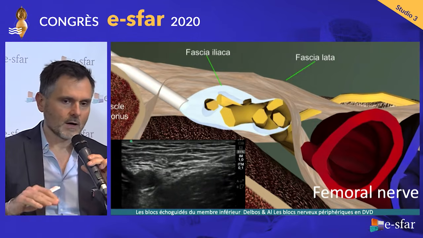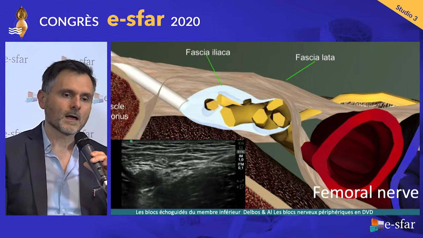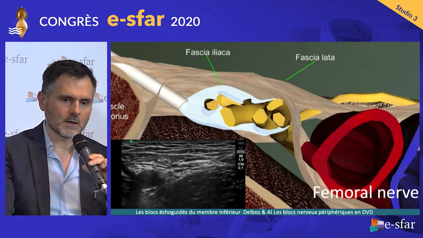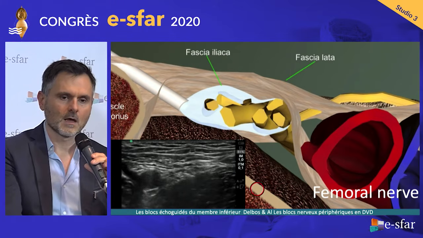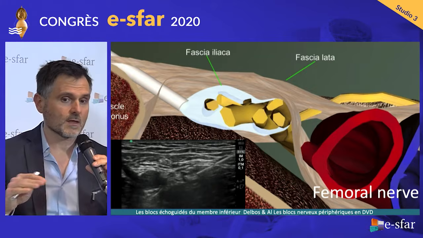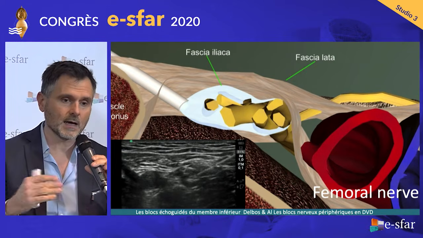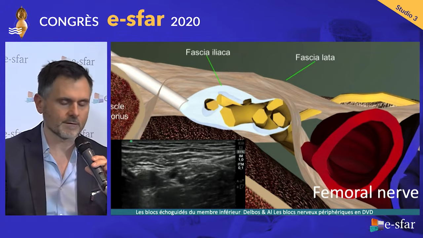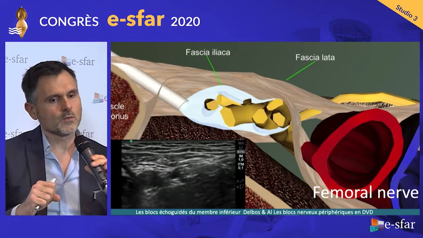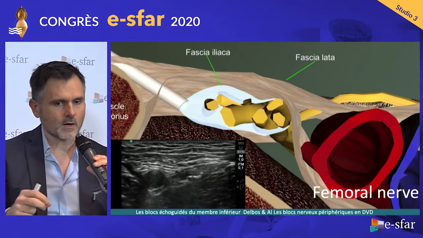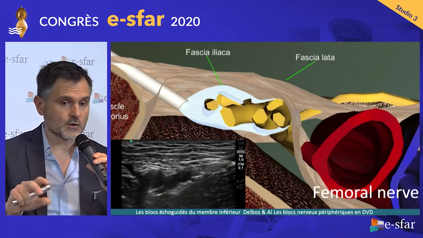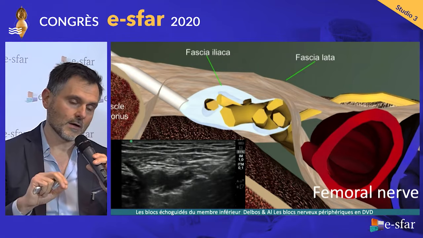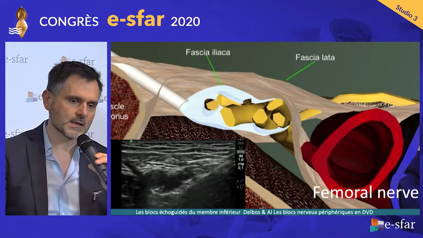So now the femoral nerve. On the iliacus fold, the femoral nerve runs directly on top of the iliacus muscle here. It is covered by just 2 sheaths, the fascia lata and the fascia iliaca. The fascia iliaca is the sheath surrounding the psoas muscle and the femoral nerve. So the good image when we perform the femoral nerve block is when the local anesthetic spreads surrounding the nerve, but still under the artery.